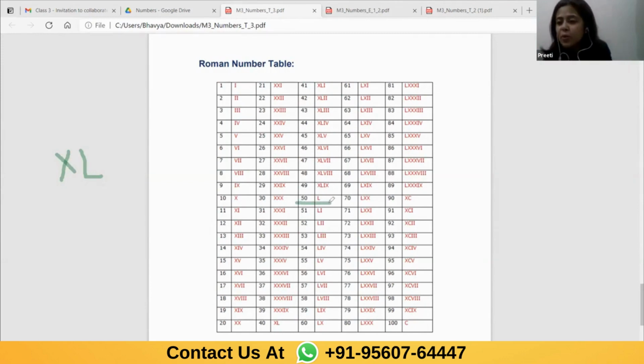Now children, as I told you that I can be used only with V and X, there are 2 or 3 more rules which we do in higher classes. But in order to make you understand why we are using L with I straight away, as Daksh was asking, I will have to tell you certain rules by going beyond the limit. Because I don't want my children to mug up anything. So there is a rule which we teach in higher grades, which I will be teaching you to tell you why we are using L with I.